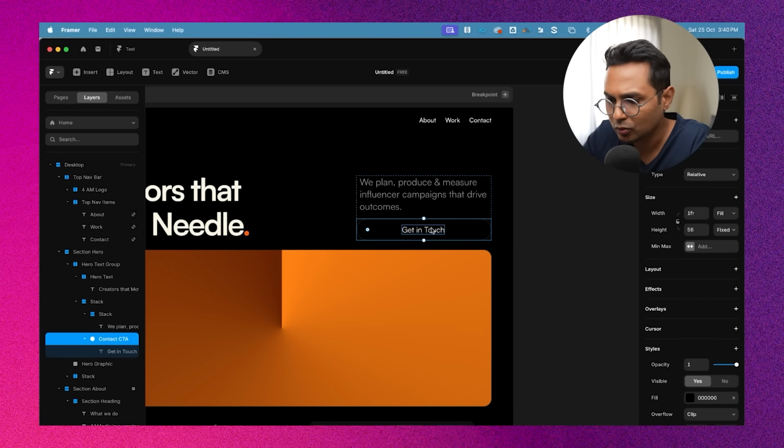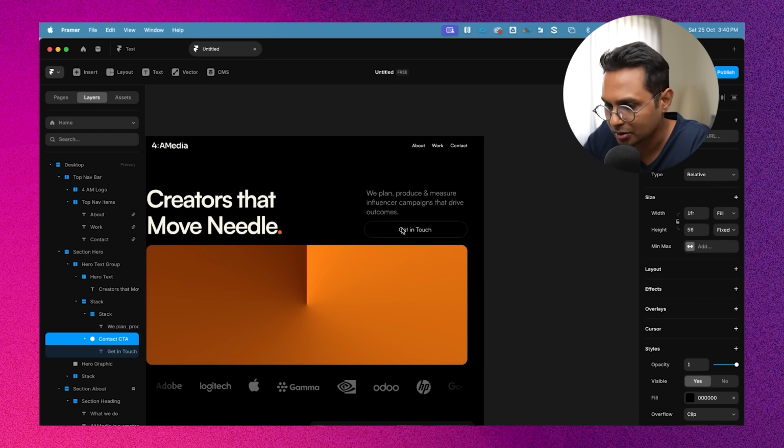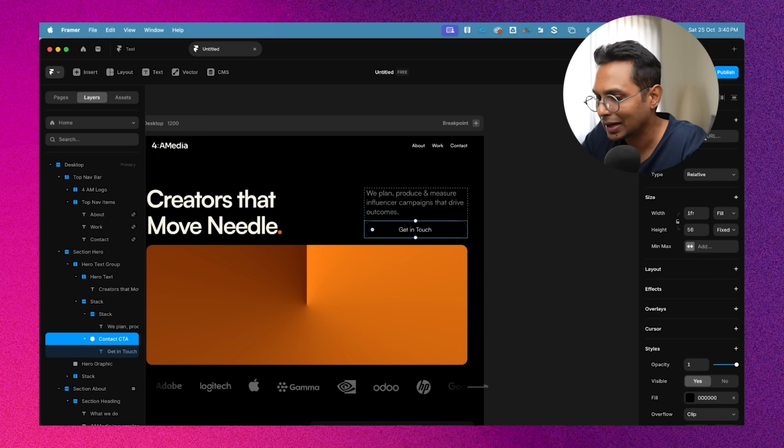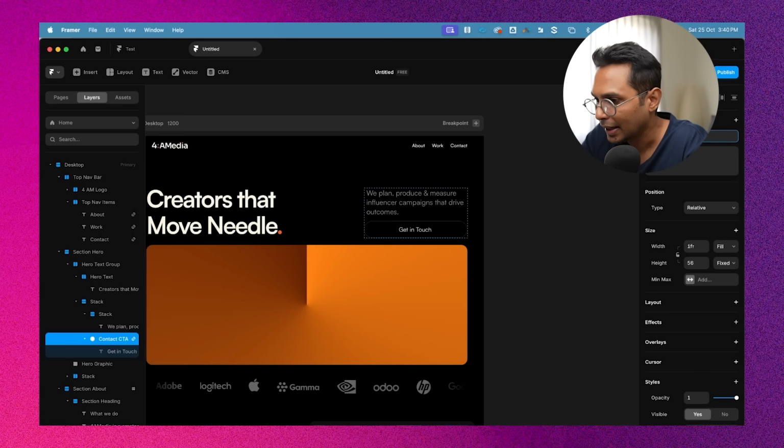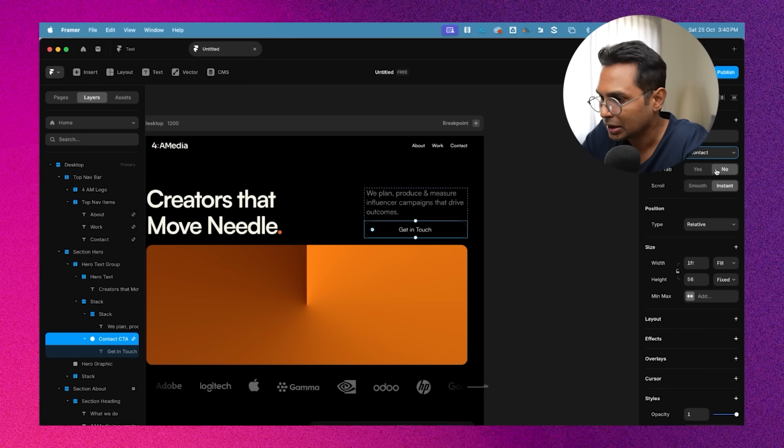Now this, I don't want to do it only for the text, but the entire button. So entire button also, I'm going to do a link to home, and where in home? To the contact section, because get in touch is that. New tab, no. Scroll smooth, yes. And here,